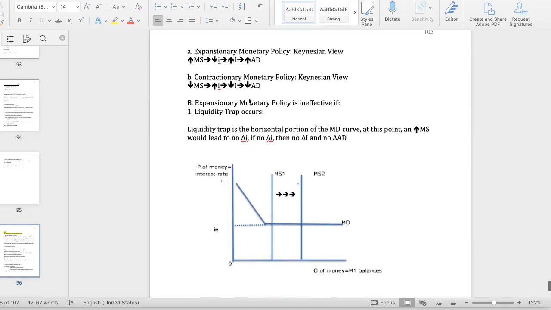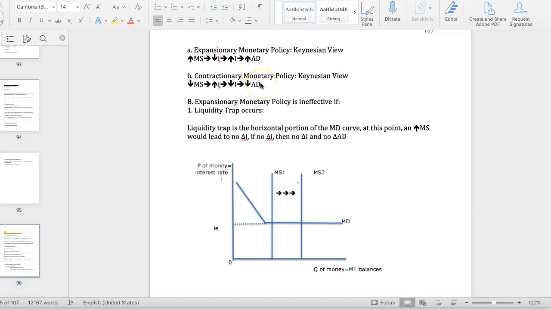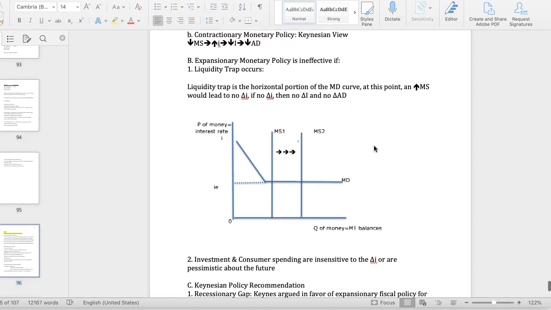So if we're trying to expand the economy in a Keynesian view, we're going to say that an increase in the money supply leads to a decrease in the interest rate, which leads to an increase in business investment, which leads to an increase in aggregate demand. Whereas a contractionary monetary supply in the Keynesian view means a decrease in the money supply will lead to an increase in the interest rate, which will lead to a decrease in business spending, which will lead to a decrease in aggregate demand. And in the Keynesian view,